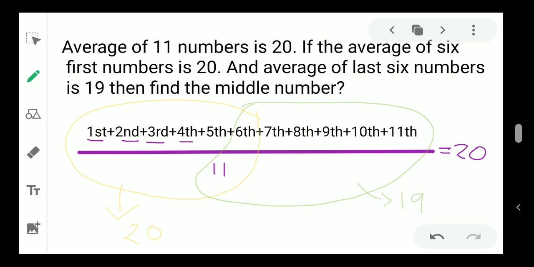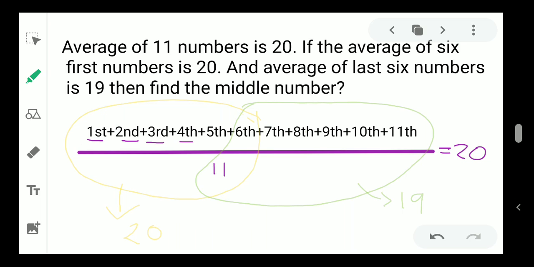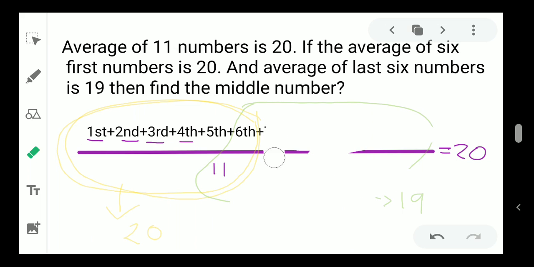So that means this group you can see, not a circle but this group. This group, that means I'm talking about this one. This one is given. That means, if you just remove this part, okay, I am removing it to show you, then you can see that the average of the first 6 numbers is 20. That is given in the question, right?